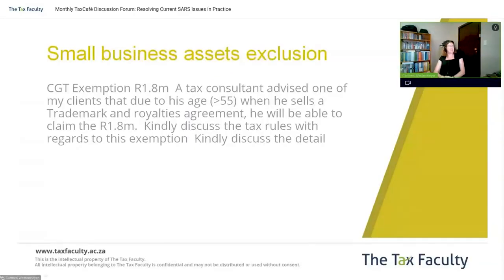Small business assets exclusion is definitely something which I think doesn't get as much attention as it should, because it's definitely a fantastic exclusion which is available to us. All right. Now, please bear in mind that I am not going to be able to discuss every last nuance and minutia of this particular